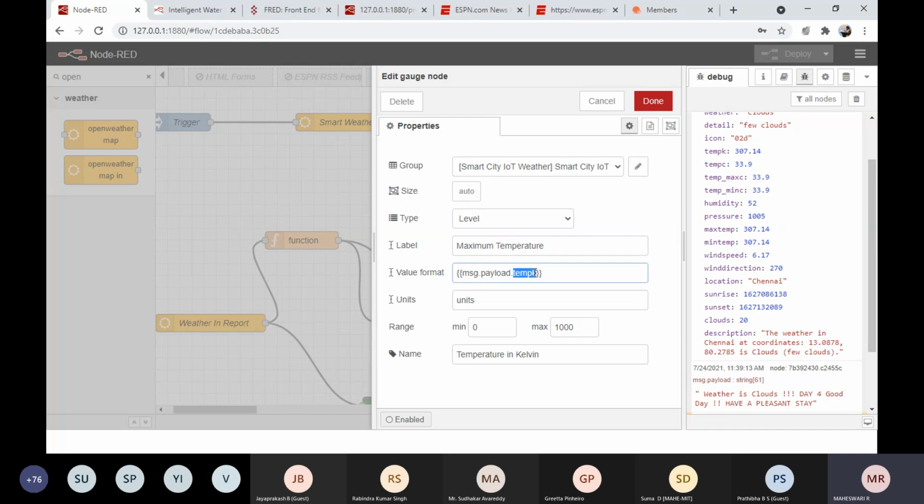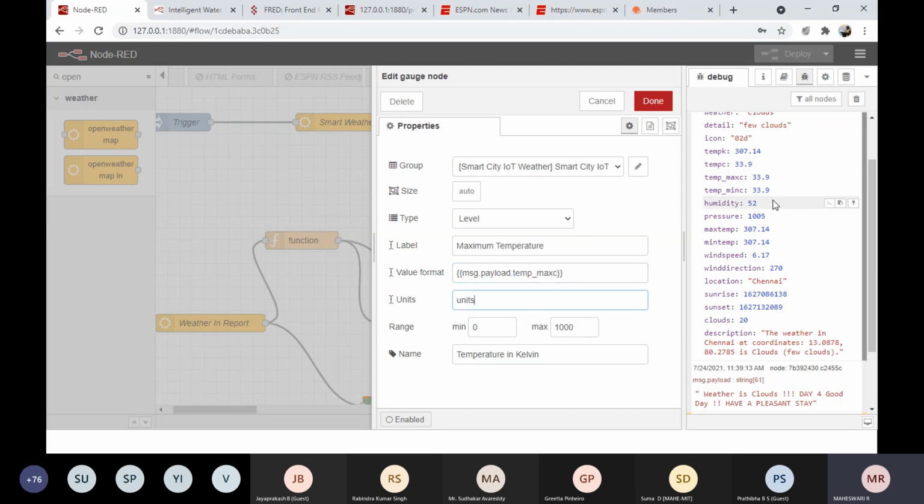The maximum temperature value has been represented as temp underscore max C. So this is the variable associated for retrieving the maximum temperature. So you are not writing any code. I'm just configuring with the existing data. That's it. Okay. Then you can give the range.